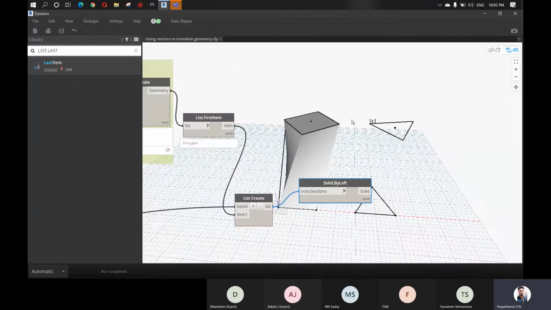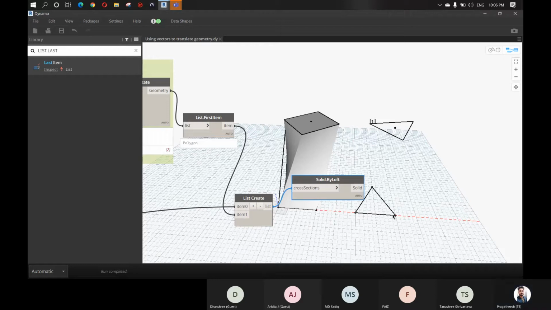Okay, but let's say that we want to create two solids instead of just this one. Here we have another polygon, and we want to extrude this as well. So first we have to create some lists here. Actually, there are two options. One is we can continue the same process which we did here. We can just copy paste the cluster of nodes. In this case we are going to work on two solids, so that is definitely feasible.